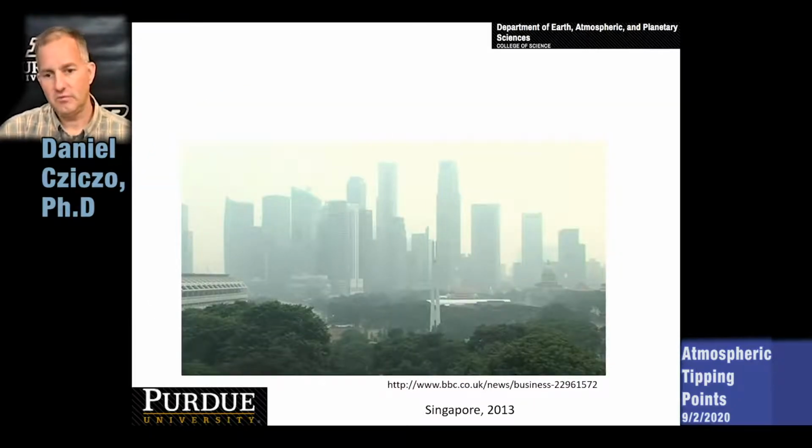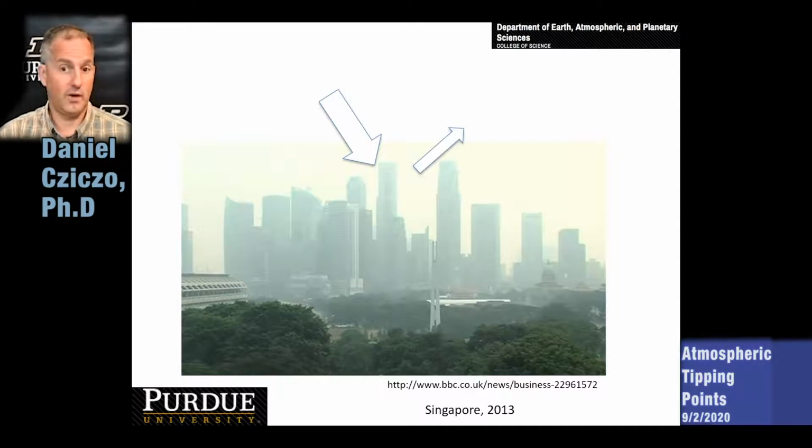So this sometimes is difficult to understand, but I think a picture like this gives us an illustration of what's going on. This is the city of Singapore. This is during a period where there's been a lot of intentional biomass burning for clearing of land, and so this human-made smoke pall is existing over the city. This would otherwise be a bright, sunny blue day, but what's happening now is that sunlight is striking these particles, and from the camera you can see this very diffuse radiation, some of it being reflected back out into space.